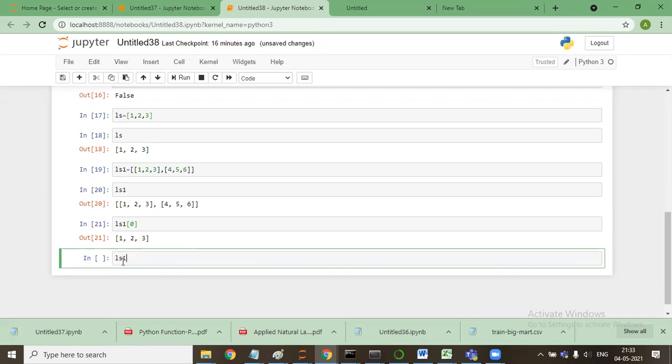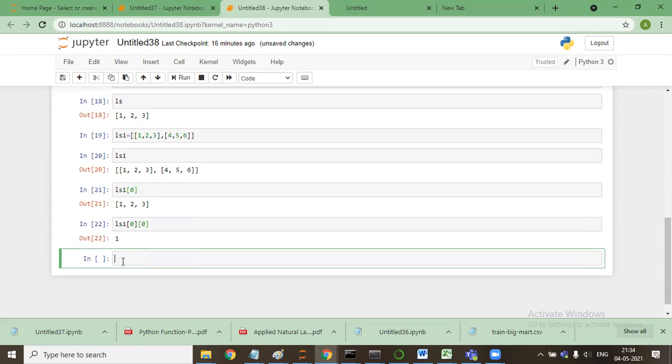If I say ls1[0][0], then it will become 1.